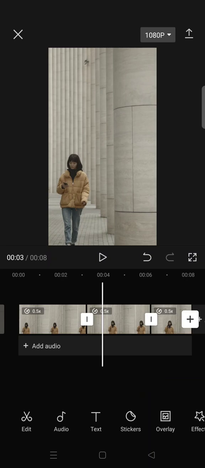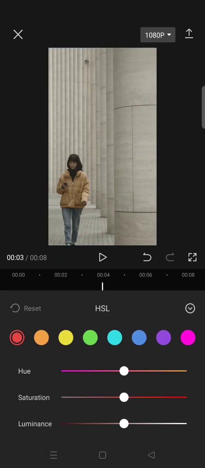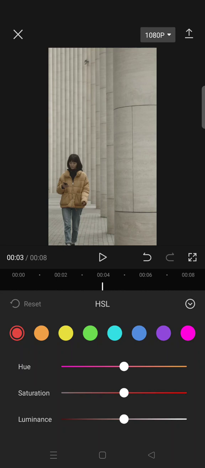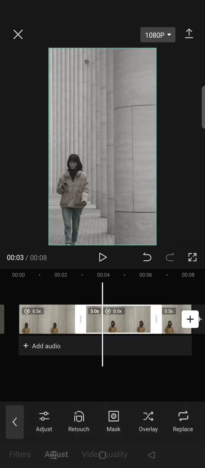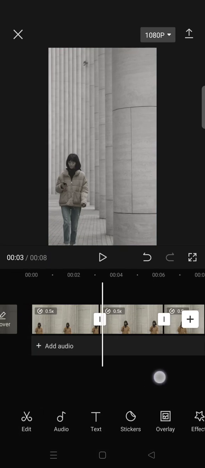Then go to the second clip and go to adjust. Click on the adjust cell and then choose the color that you want to change, and just play around with the setting to find the color that you like. Okay, I'm going to go with this. Then after that, you can just click on a check icon, and then after that go to effect,